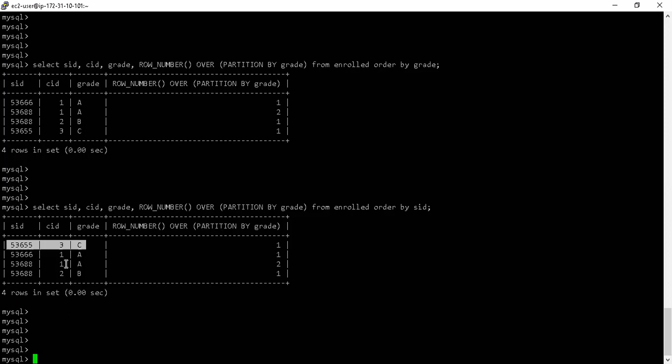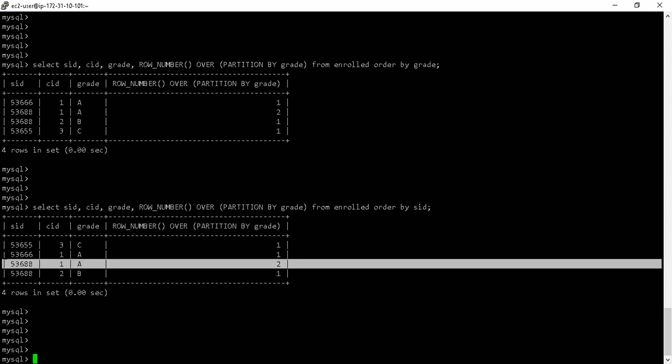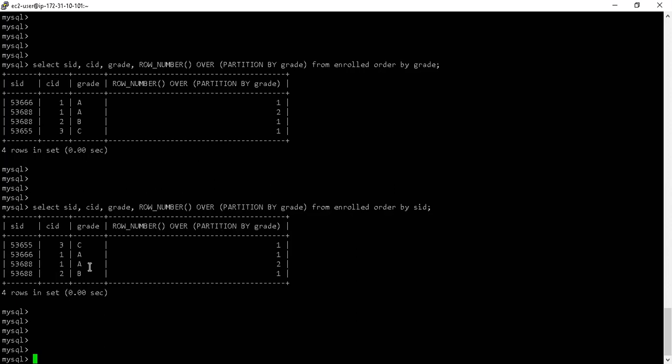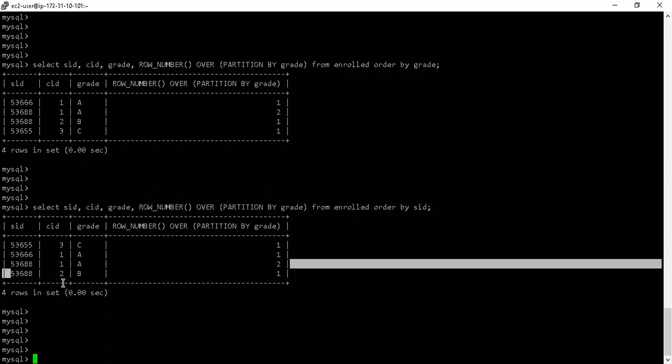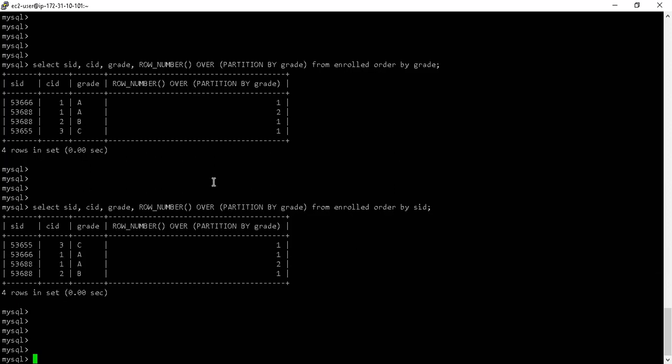But in this row, again, I have a repeat of the key. No, I'm sorry, these two have to be considered here because I'm using grade. So grade is actually repeating over here, grade is repeating over here. That's why I'm considering this block as a different one. I hope it was clear. If there are any questions.